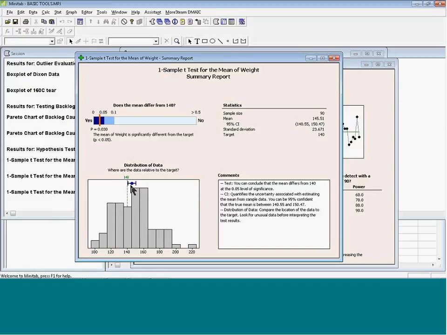Here on this table, here's my confidence interval of the average. We looked at the summary, and if I told you that the average wasn't on the same scale as the histogram on that graphical summary, in this particular case this little confidence interval here is on the same scale as the histogram. You can see that the interval goes from 140.55 to 150.46, and it doesn't cover 140. So you conclude that yes,